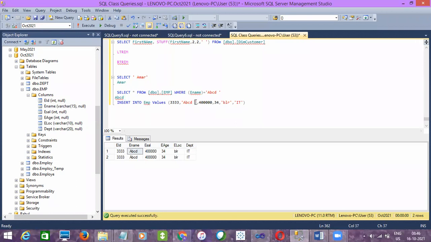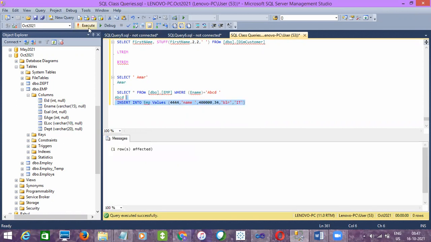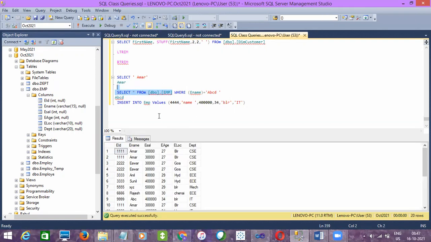Let me insert one more value. We'll see what's wrong with it. It should not retrieve. Let me give 4444 and then employee name as, I'll just give name only and then a space. One row is affected. If I do select star from, you can see the name value here, right? So by looking at it, we don't know there is an extra space at the right side of the string, right? So if you're trying to fetch the value where